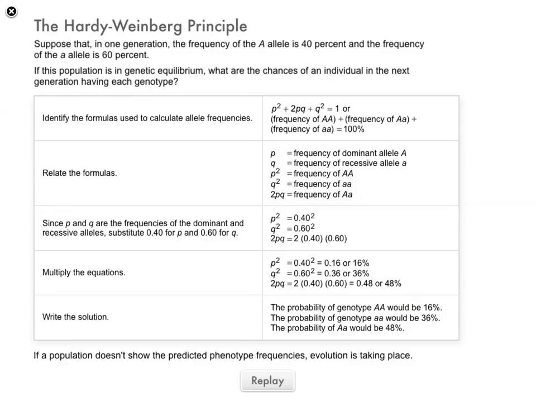So here's this big, long, complicated slide showing how we do the Hardy-Weinberg principle. We're going to do a lot of this in class, so don't freak out. Don't try to learn this all tonight. But just look through this slide and see if you can get a little bit of a grasp for